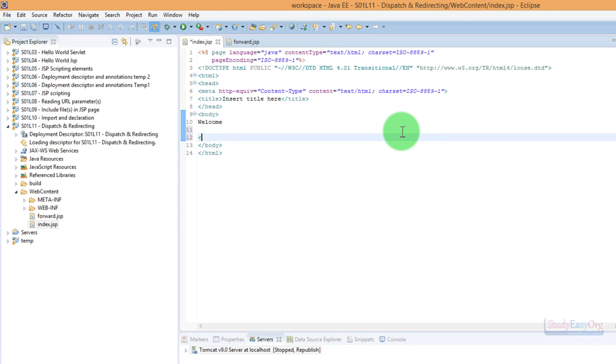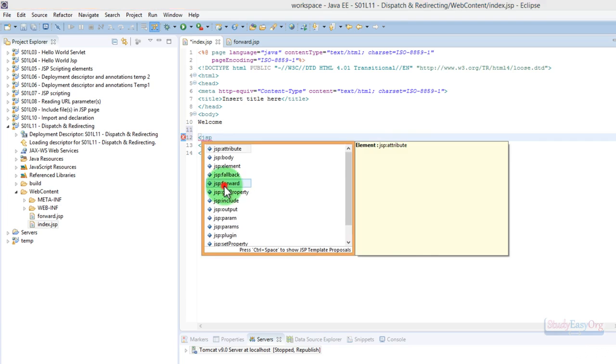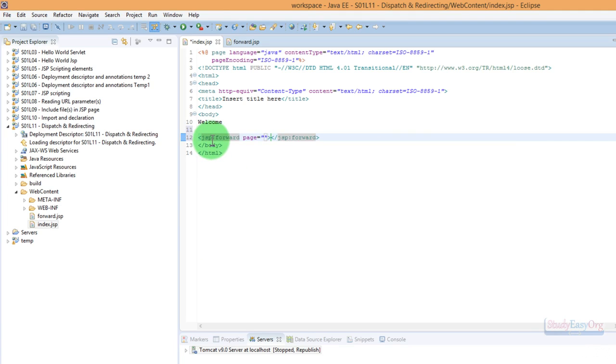In this particular index page we would call the JSP forward tag, and the way to do so is pretty simple. The syntax is jsp:forward page equals the name of the page as a string, and finally closing the jsp:forward tag. And now if I provide the parameter as forward.jsp and save the program,